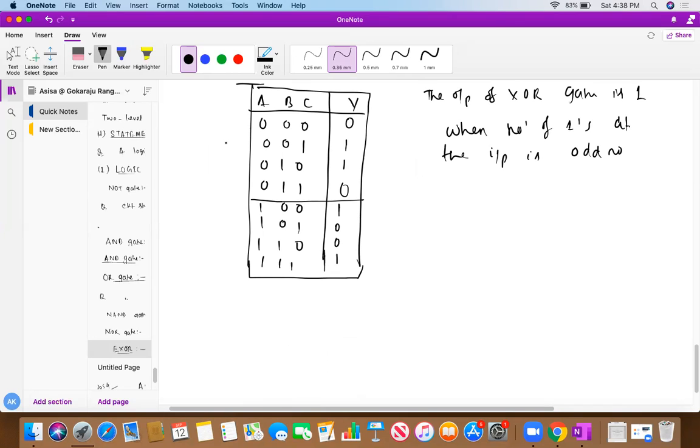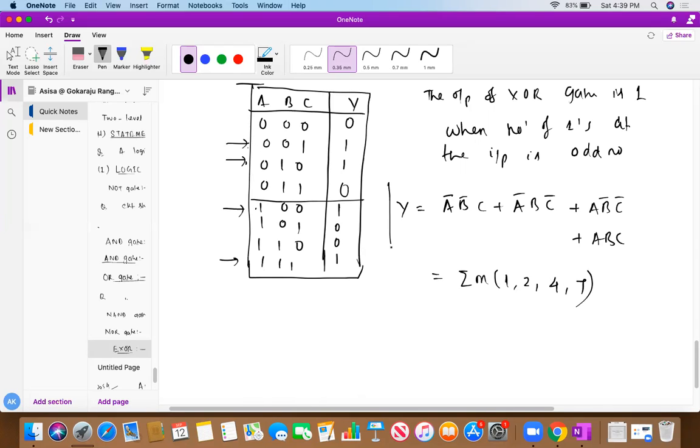So wherever the ones will be there, here, here, here and here, what will be the sum of expressions? It will be A bar B bar C, A bar B C bar, A B bar C bar, and finally A B C. If I solve this, obviously I will get the min terms. I am getting min term summation of M, which is M1, M2, M4, and M7. It will be 1, 2, 4, and 7.